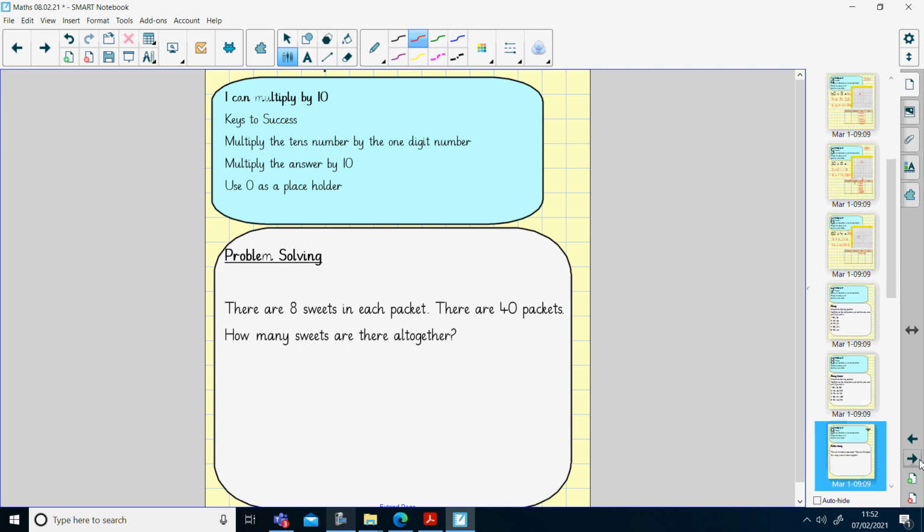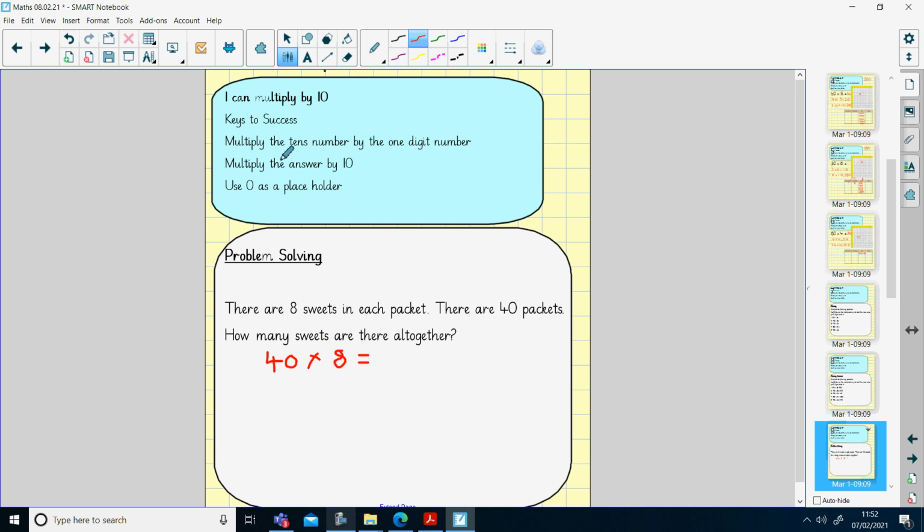Okay, so we're going to have a look at some problem solving now. There are 8 sweets in each packet. There are 40 packets. How many sweets are there altogether? So I could draw my 40 8 times, but I'm going to use that long way today. So 40 times 8